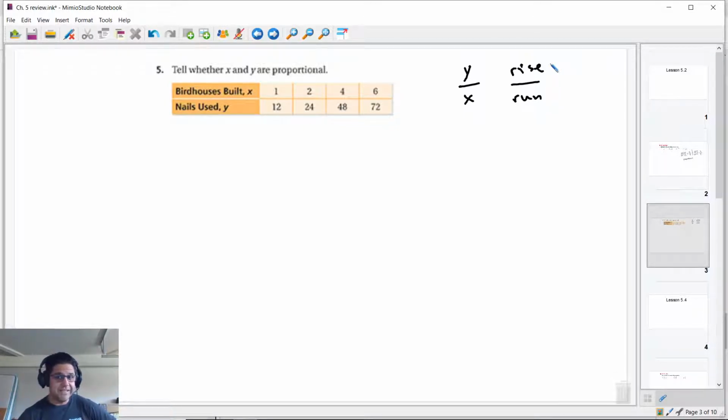The book suggested x over y. I'm suggesting y over x because that's going to help us on a lesson coming up and also help you in 8th grade. So essentially, I'm just going to look at each one and I'm going to say, okay, if it's y over x,